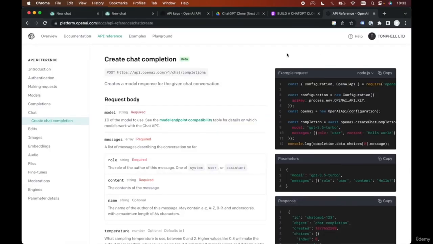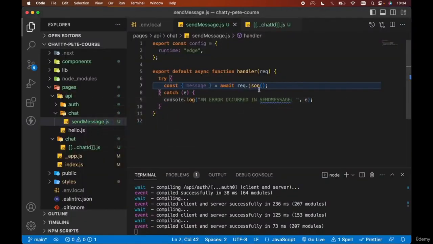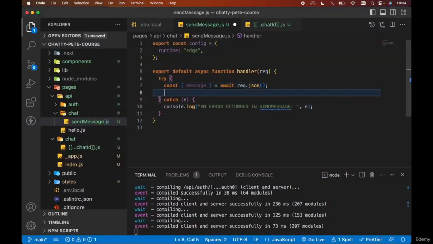In this lecture, we're going to query the OpenAI API from within our endpoint. So it would be a good idea at this stage to head on over to the OpenAI docs and specifically to the API reference and the chat and the create chat completion endpoint. So we're going to be hitting this particular URL here, the api.openai.com/v1/chat/completions. So back in our code then, from within our send message endpoint, we can call the OpenAI API using